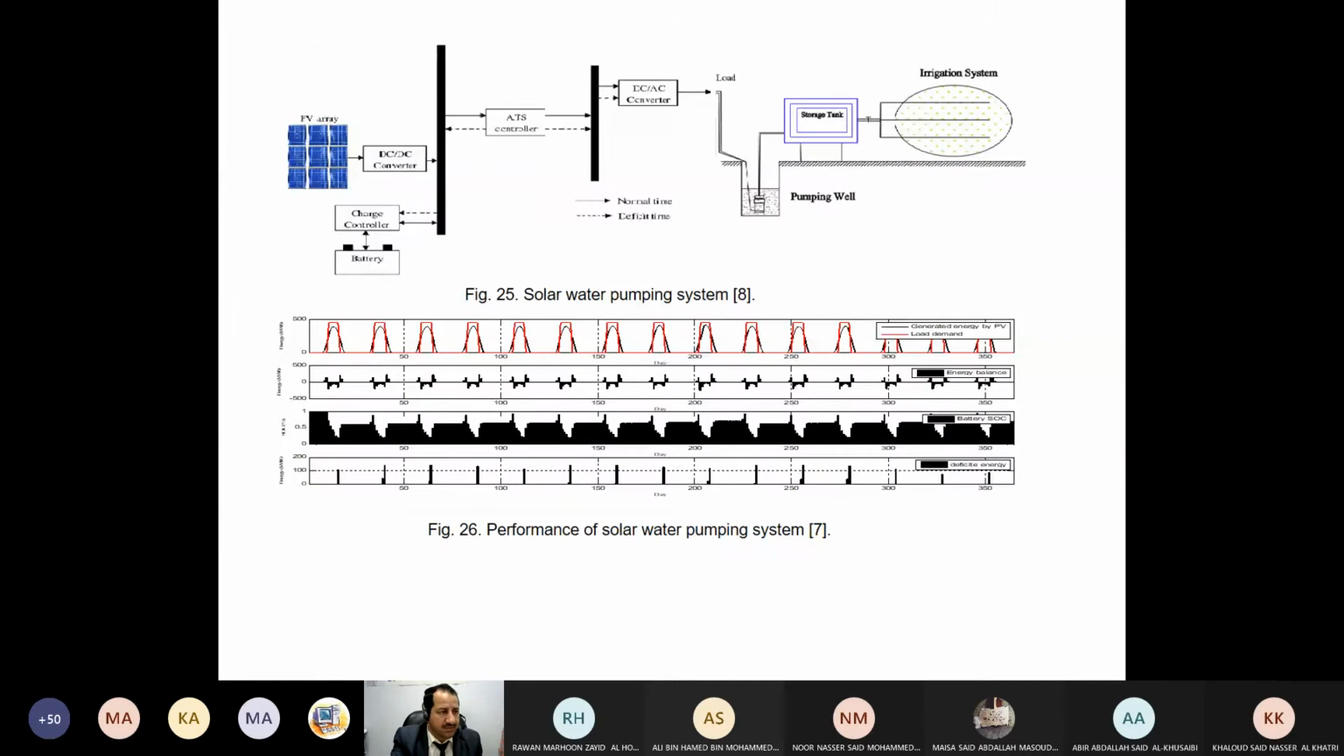Okay, this is the PV, as you can see here. This is the PV, and this is the converter. The battery is connected here, and the energy is sent to the load, which here is the pump inside the well. This is the well, this is the water here. We take the water, and either we store it in storage tanks, or it goes directly to the irrigation